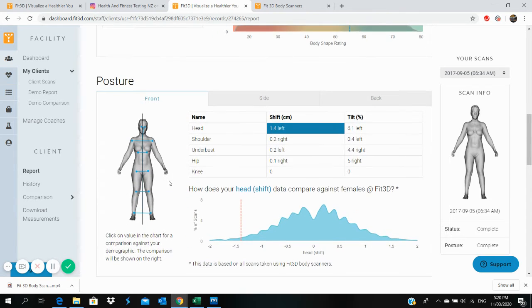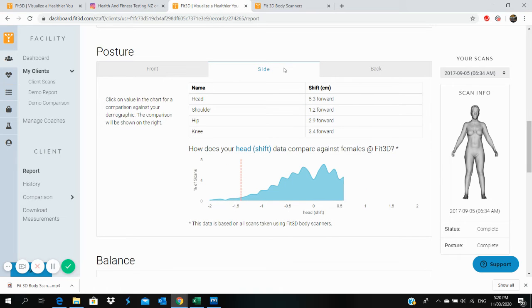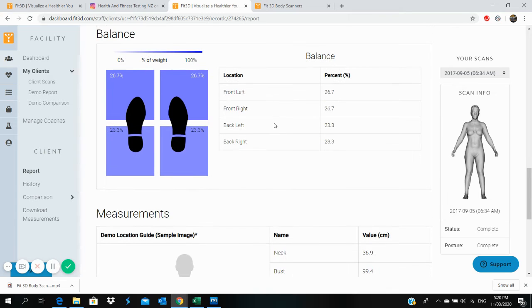Fit3d will also do a full posture assessment on each client with a front, side, and back analysis, and you'll get images, and it will show the shift left and right. It'll also show, for example, in this picture here, how much someone's head is protruding forward or shoulders are rounded, hips are tight. Each Fit3d scan comes with a balance feature, so it'll show forefoot or hindfoot distribution, pressure, or left and